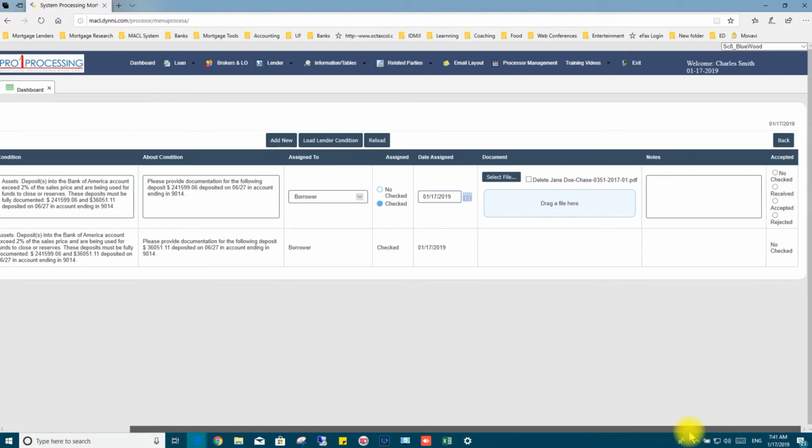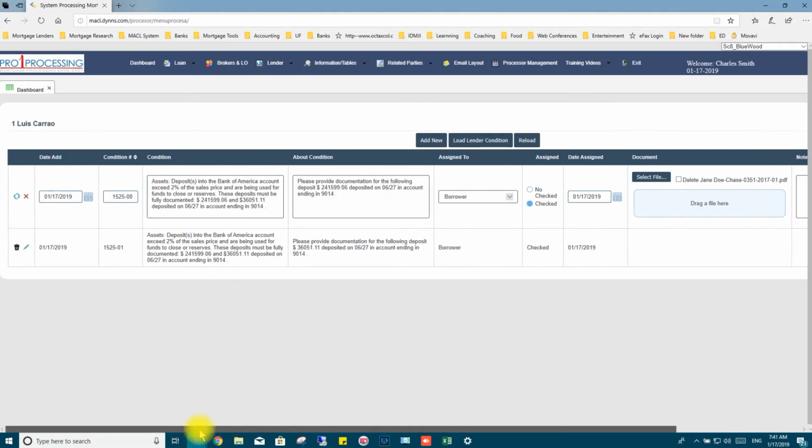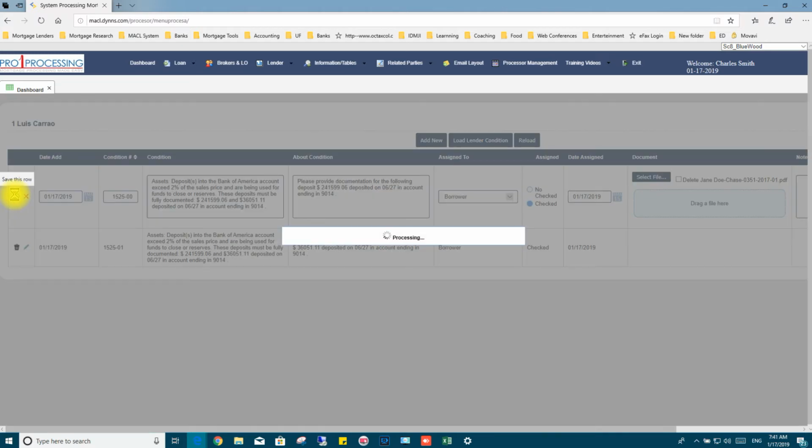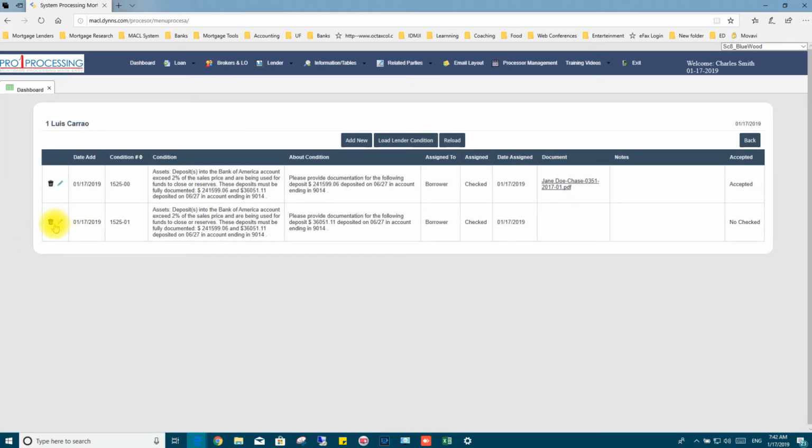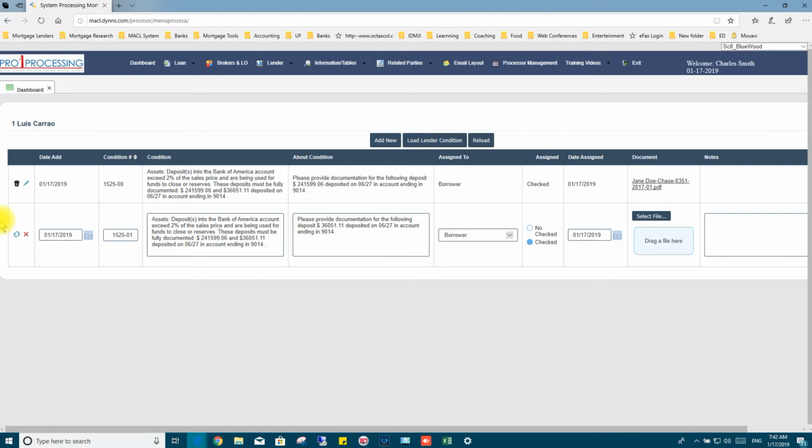And in this case, we would click first on the receipt, and that is in case your assistant is the one that adds it, and then the processor will accept because we reviewed and everything was okay, and we're going to save the document. Now we got a second document for the second condition. We're going to drag and drop,